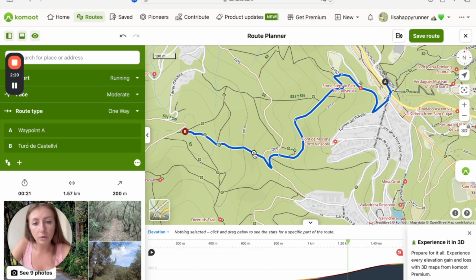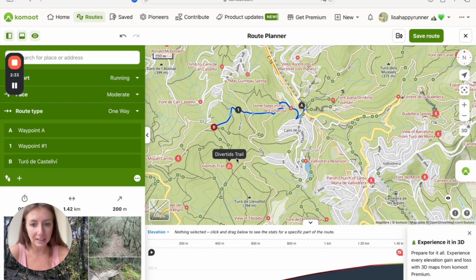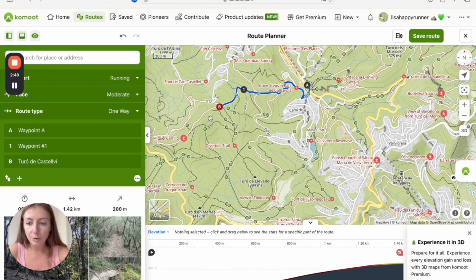Then I'm just going to go with my arrow to the point of the route that is already selected, then click it and then drag it to the other point, and then you will see that the route gets changed automatically. Okay, and then the B stands for the final destination, but obviously we're not only going to run